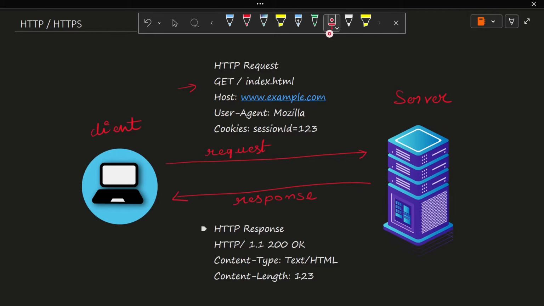and generates a response. Here we have an HTTP response. So we have the HTTP status code. Here 200 is a status code. OK means that your request has been successfully accepted and a response has been generated. We have a content type. If we talk about the content type, it can be text, it can be an HTML file, and then